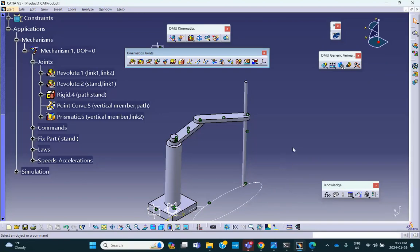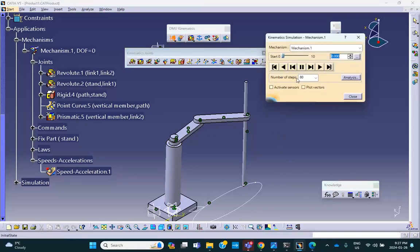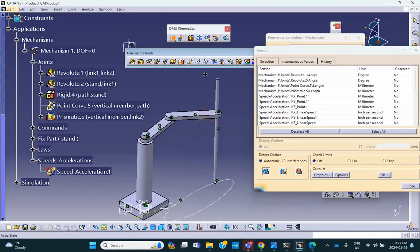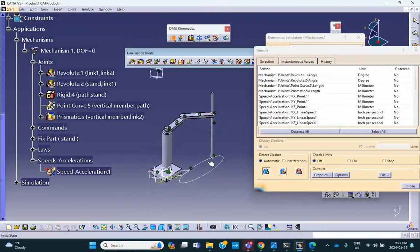Okay, so we already created a speed acceleration sensor there. So we go simulation with laws, activate sensor, and let's say we want the speed of that point. So that magnitude, right? Magnitude is linear speed, or sorry, acceleration. Linear speed, we know what it is. It's going to be that 30. But let's actually ask for that too. Linear speed and